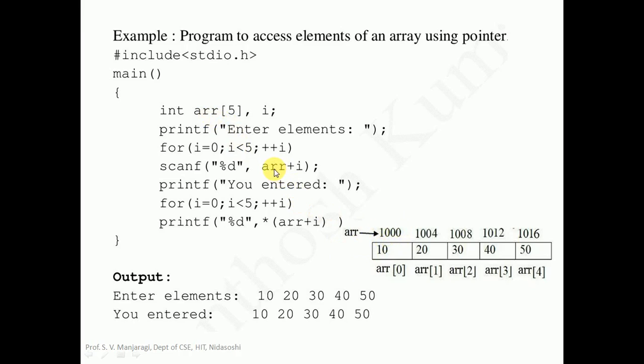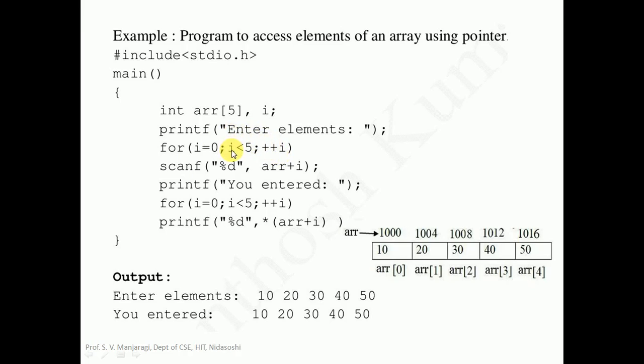So the element that we have entered, that is 10, will be stored at array plus i. What is array plus i? i is 0. The array is pointing to the base address, that is 1000. 1000 plus 0 is 1000 only. So the element we have entered, 10, will be stored at address 1000 itself. And after that we go for plus plus i, where i gets incremented by 1. After incrementing, i became 1 here.